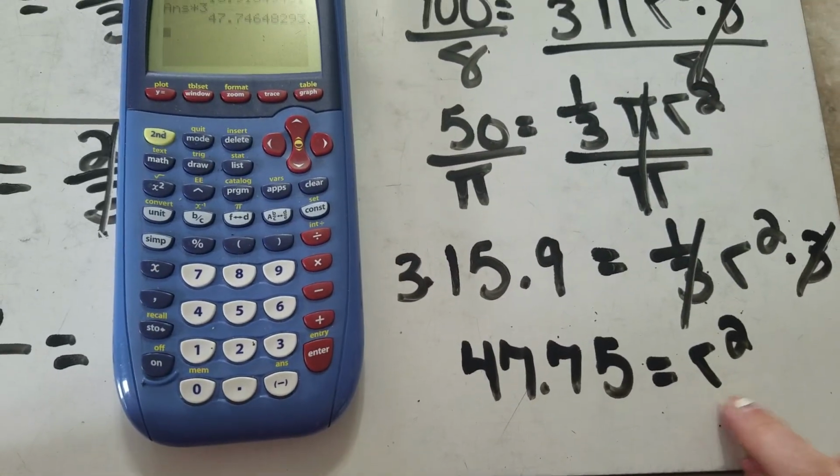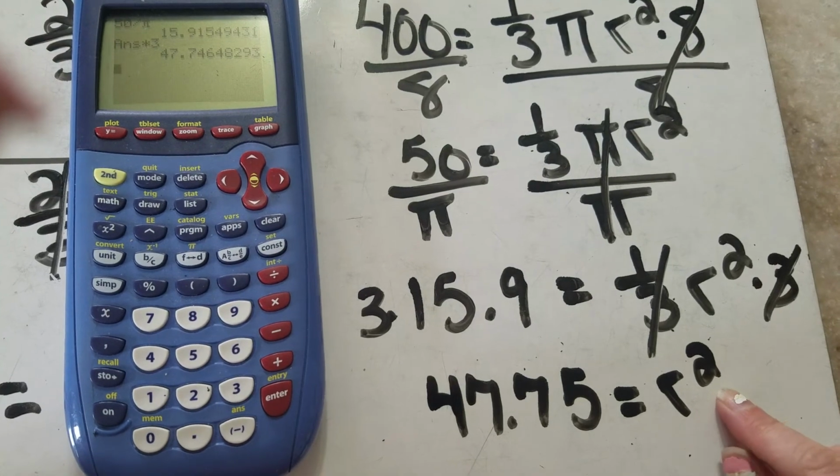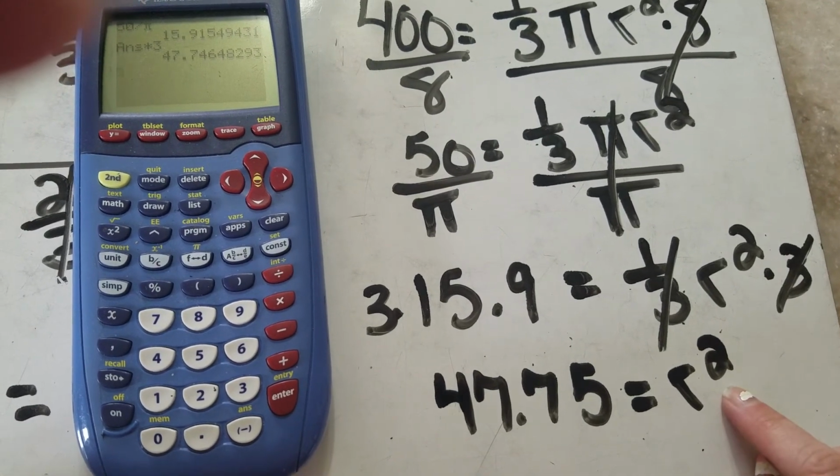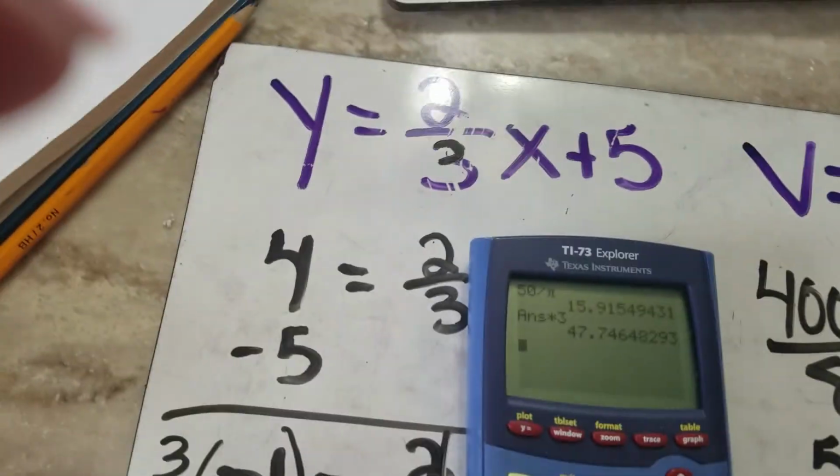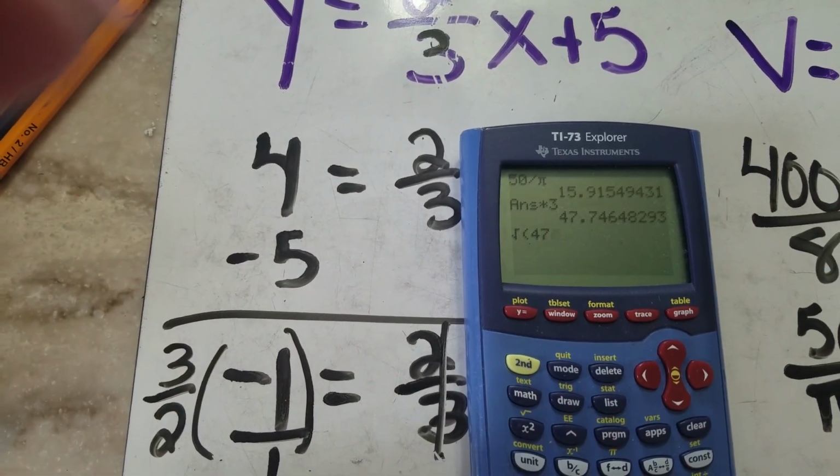So here I'm still left with this r squared. I don't want r squared because that doesn't help me. I need to figure out what the radius is. So I'm just going to take that and take the square root of it. The square root of 47.74